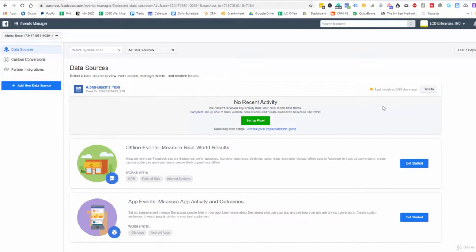And then also have it on the thank you page or the checkout page, because then you'll be able to have information on those who actually have checked out and those who haven't. And then you can create custom audiences based on those who have landed on the landing page and haven't taken the action, right? So the place that you're going to go to set up the pixel is you're going to